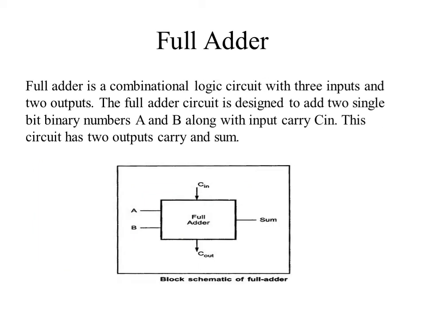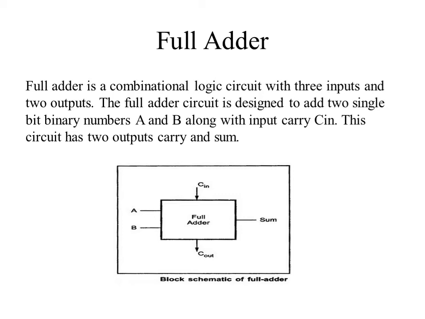The next combinational circuit is full adder. Previously, we have studied what is half adder. Half adder is having one of the drawbacks, because of which we study full adder. One of the main drawbacks of half adder is its inability to add carry from the previous addition to the next bits. So this is taken care of in full adder.